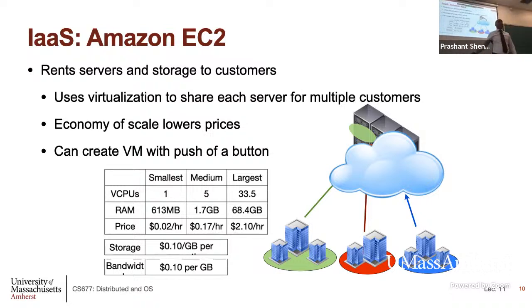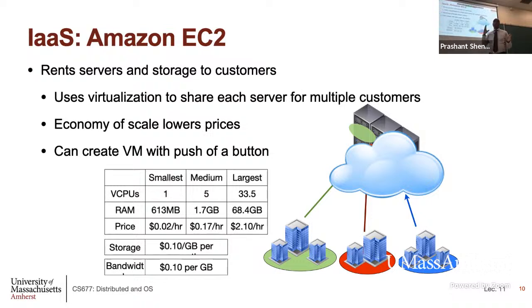So here is where, if you just want to rent servers and do everything yourself, you go to EC2 and start a new machine, a new virtual machine, and then you can log in and do whatever you want on that machine. Okay? So this is going to use type 1 hypervisors. It's going to essentially give you a VM. You can deploy your own OS in there.